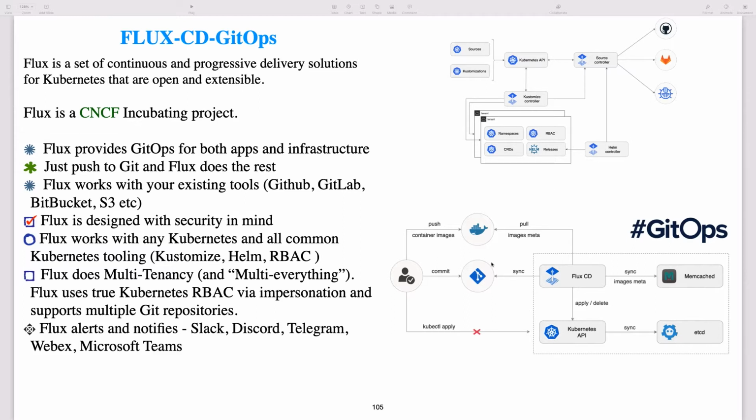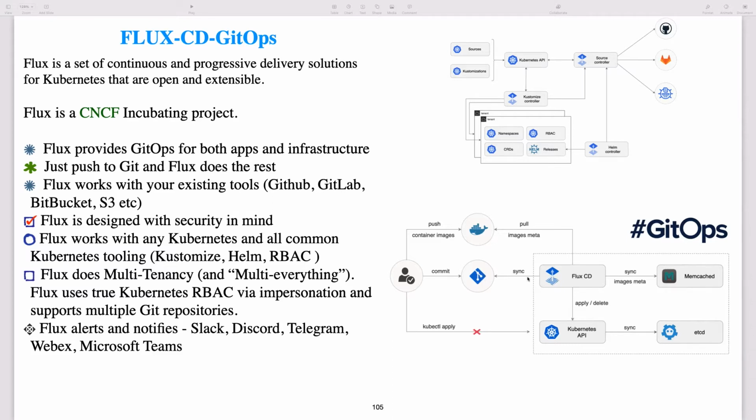If you look at the diagram below, the one with the hashtag GitOps, you are the user right here. What you're not allowed to do in your Kubernetes clusters is use kubectl apply to deploy your application to Kubernetes clusters. It's not allowed. All you need to do is commit your code and YAML files to a Git repository, and then FluxCD is going to sync whatever you commit on GitHub or GitLab,